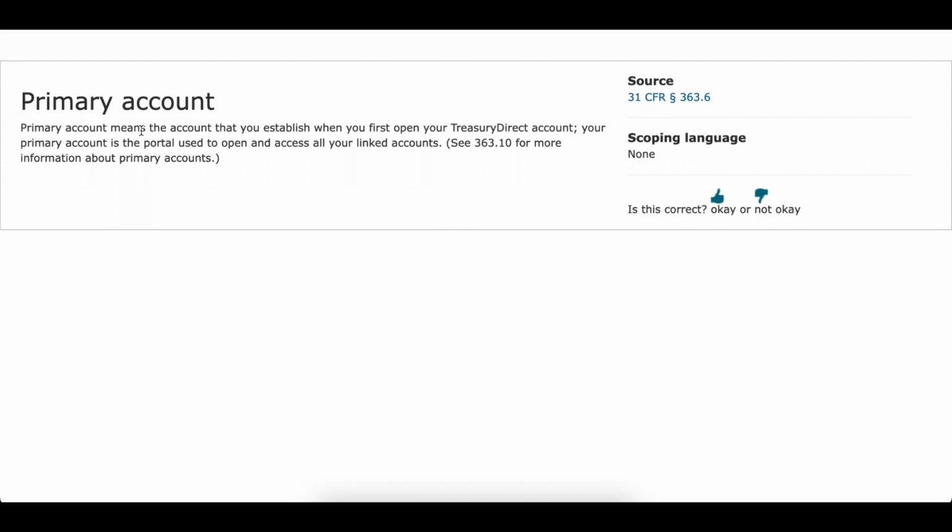The primary account means an account that you establish when you first open your TreasuryDirect account. Your primary account is the portal used to open and access all your linked accounts. Okay, all your linked accounts. I'll go to that in a minute.